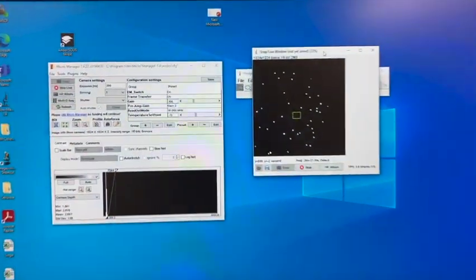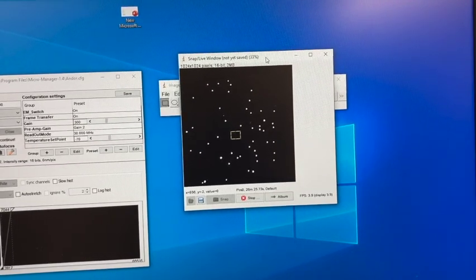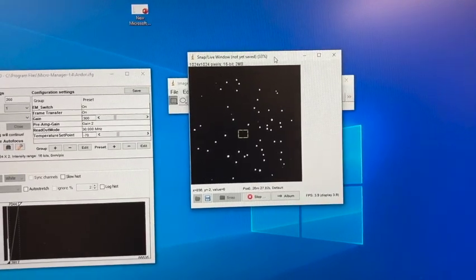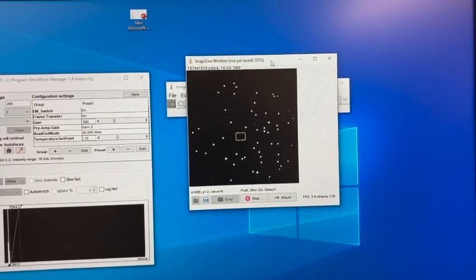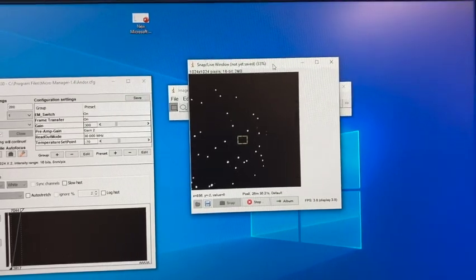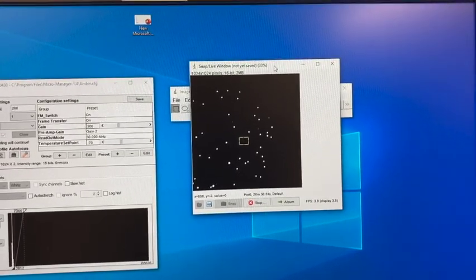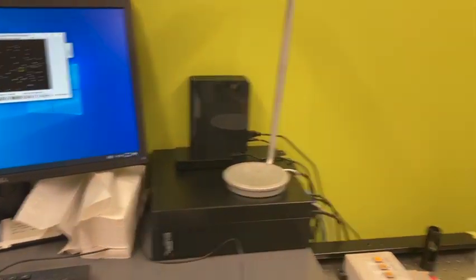So I'm adjusting. You can see how it changes the illumination area on the camera. So I'm moving to the bottom left and going back. So yeah, basically you need to center this,